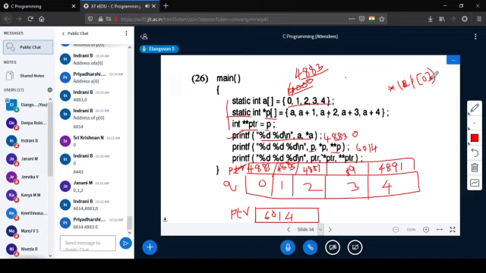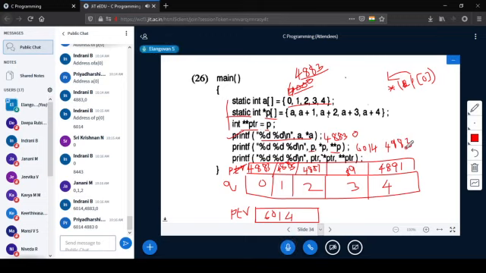Address of P of 0 is 6014. So value at 6014 is 4883. Clear? So you just expand whatever we know and try to find out the answer.